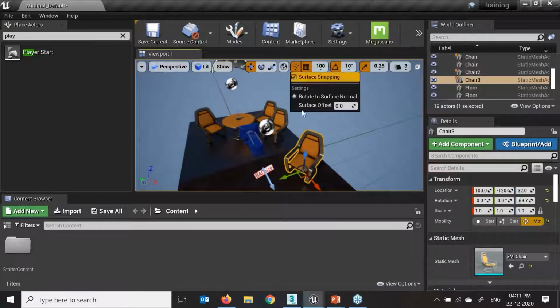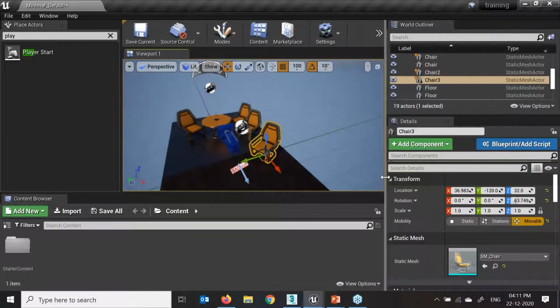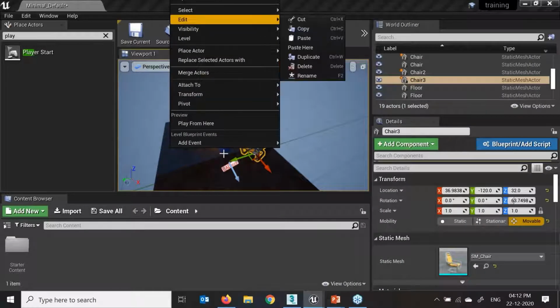This is snap to grid. I just turn that off. This is the radius. Stop this. See here, easily I can move. Here you will see we are snapping on the grid. Correct? Okay. So if I do a right click on my object, here we will see lots of different variations.